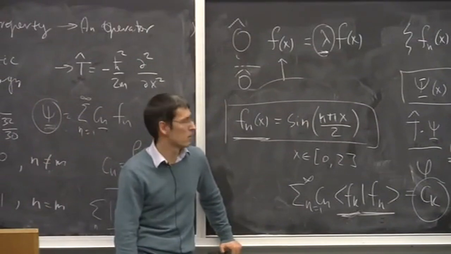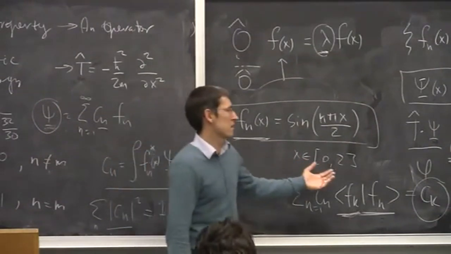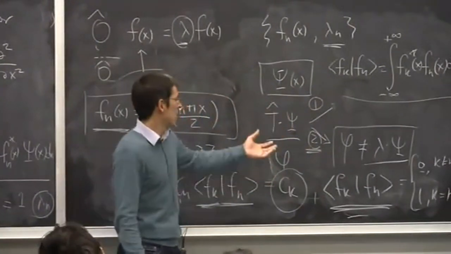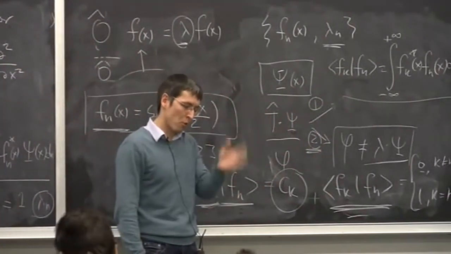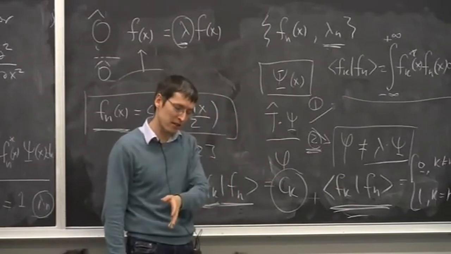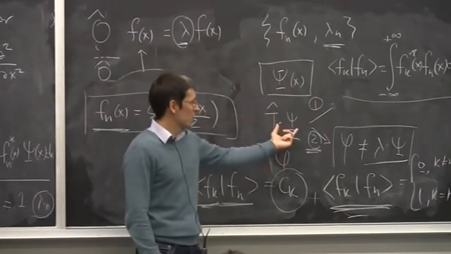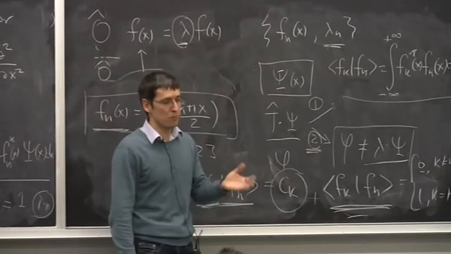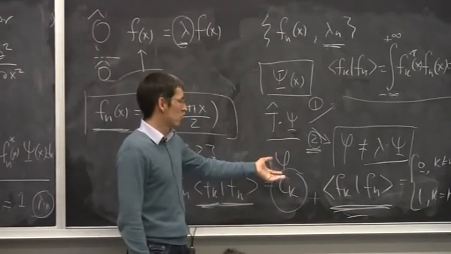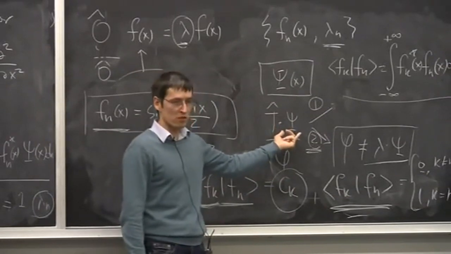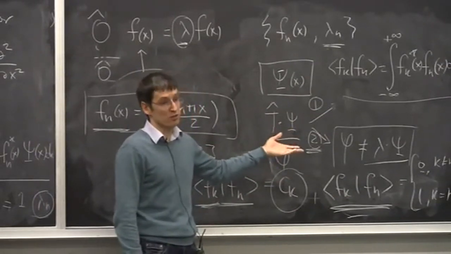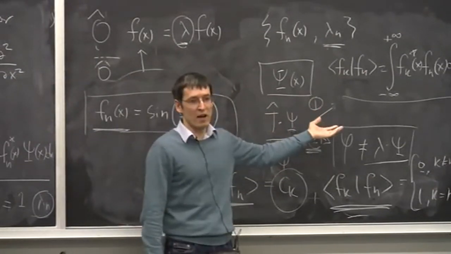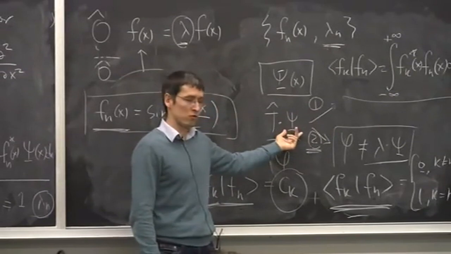From you, what is required is a clear understanding of that logical chain. You have a property, has an operator, has eigenfunctions and eigenvalues. Now you are given a function and asked, what will be the result of the measurement of that property? You need to determine first whether this function that you are given is an eigenfunction of the operator or not. If it's an eigenfunction, then things are simple. All you do is find the eigenvalue corresponding to that function.